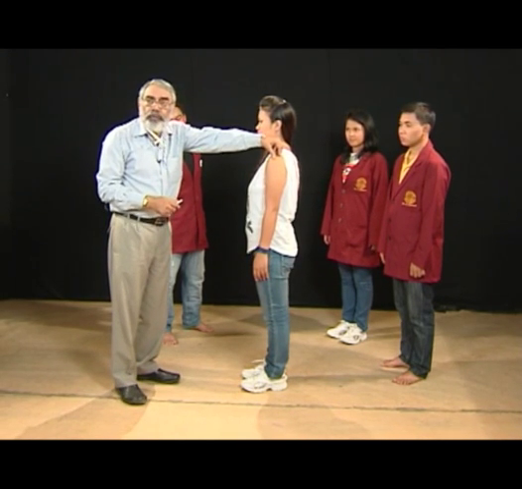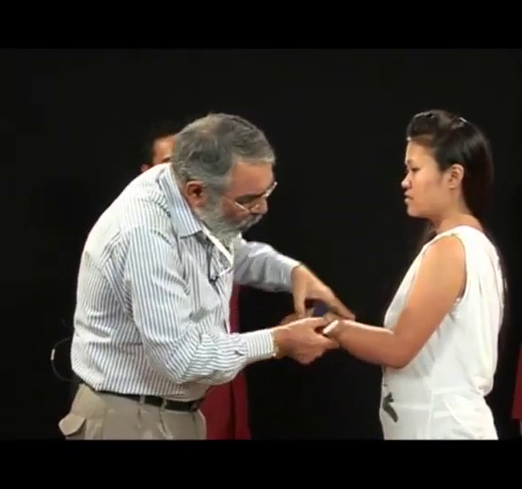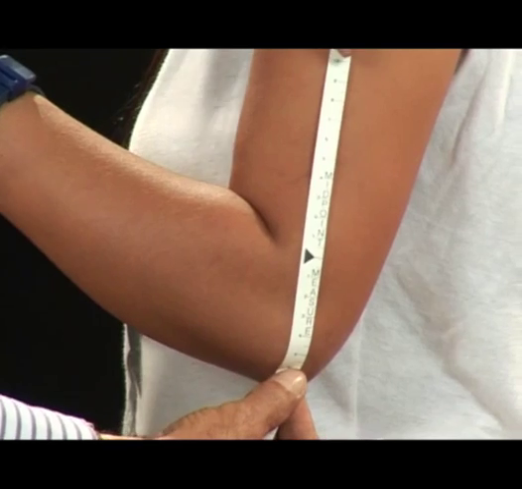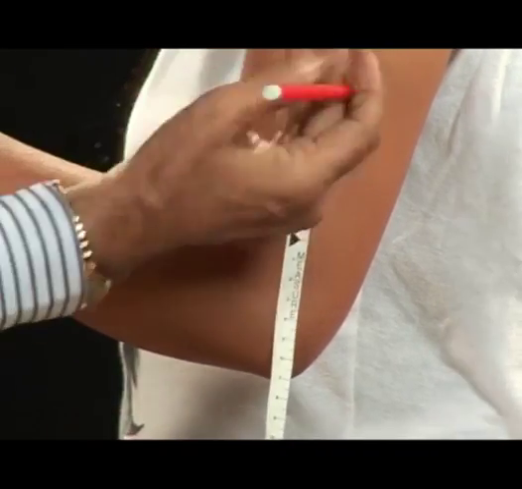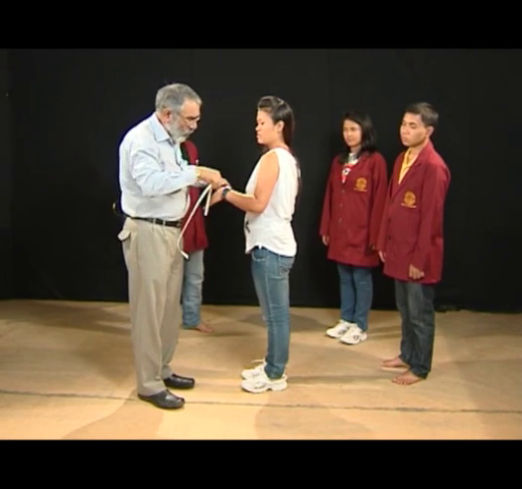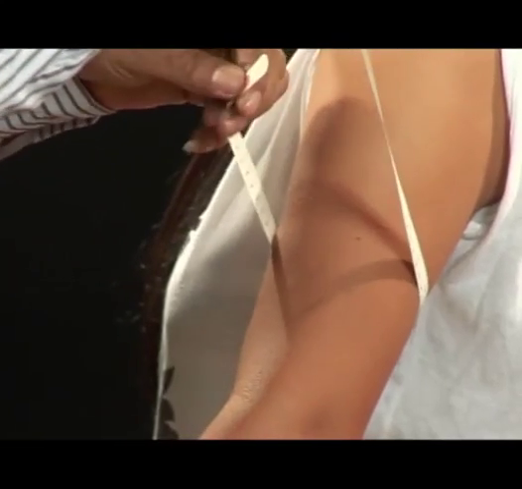The next measurement is upper arm circumference. The upper arm circumference is taken midway between the acromial process, which is located here when we were taking the shoulder breadth, and the elbow tip. We take these two points into consideration and mark the midway position here. Midway comes around this point. Put a small mark here, and then we place the tape around this position,